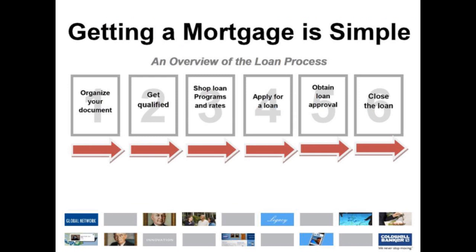So if you look at the handbook here, the next page, you can see the steps in getting a loan. The first part we already covered, organize your documents, getting qualified. And then once you actually have a property under contract, that's where you really want to lock into the specific type of loan. And then that's when you're actually able to lock into your rates. But shopping the different loan programs, discussing with your lender ahead of time is definitely a good way to just be getting your ducks in a row so you'll know moving forward when you find your house which route you're